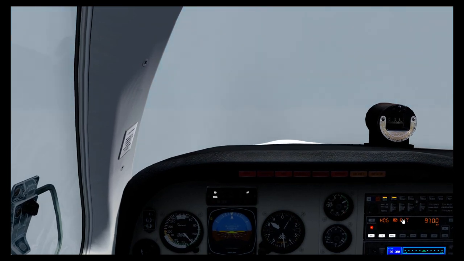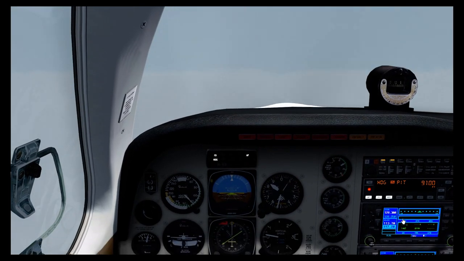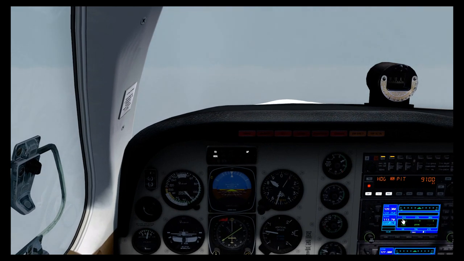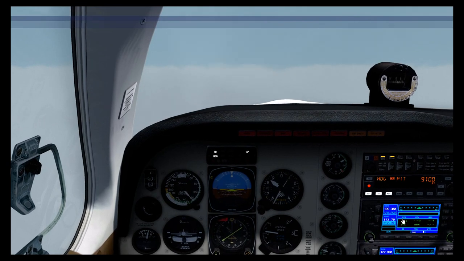I will say this, if you're new to simming and you're thinking about what's the next thing I need to invest in, it does not matter whether you're into, okay, so we're going back down into the clouds, or are we? We're still climbing. Oh, and we're still having a haze. That's cool. If you're into study level aircraft, or you're just into general aviation, simplistic flying, this still appeals to